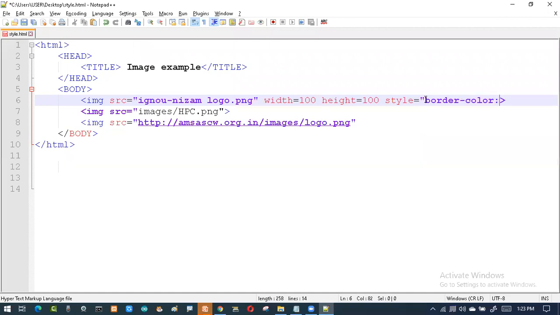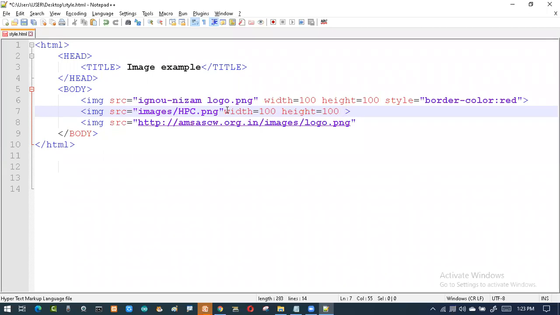So I'll be saying red, right? Then similarly for this also I do the same thing. Now I want the width and height of the same size. So I'll go with this. Width and height will be the same size. Then I want some position. Okay, I want the pictures in some position.